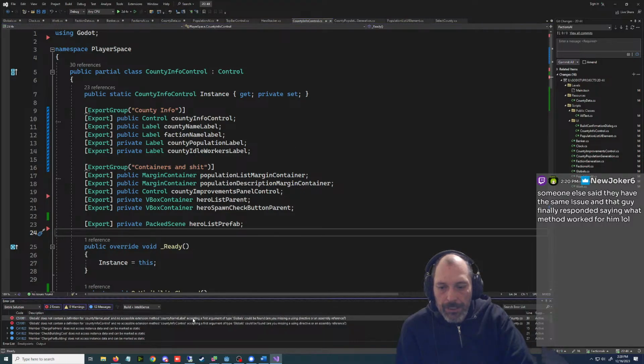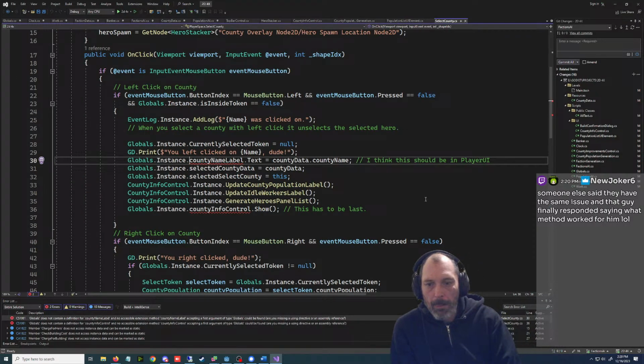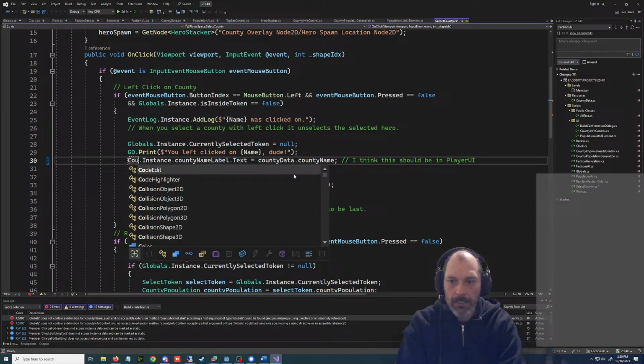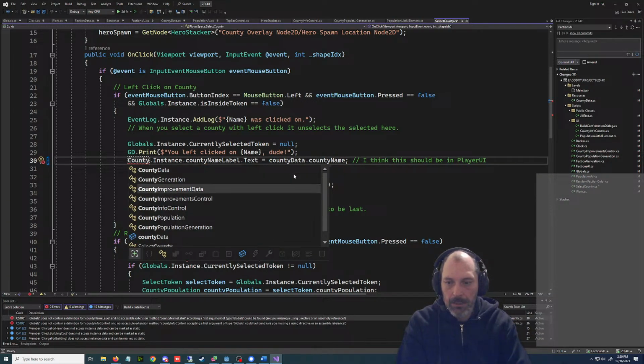All right, let's figure out what we did here, why we did it this way. So this is in Select County. I think this was just happening too fast, and that was my way of getting around it. But we'll do it a different way. It's too hard to find this shit.